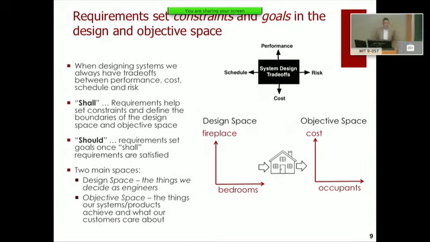So the last thing I want to do in this section is to communicate to you, at a very high level, what requirements really are about. Like I said, don't set off in your ship not knowing what port you're sailing to. Requirements set goals and constrain the design and the objective space. Whatever you're designing, you're always dealing with two spaces. The design space, on the one hand, is the things you can choose as a designer: the knobs you can turn, the decisions you can make. And then the objective space, which is the things that your customer cares about.